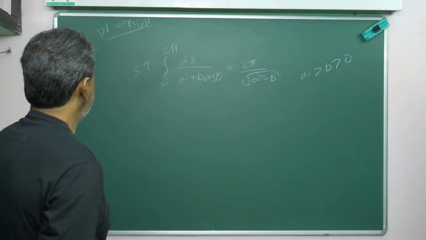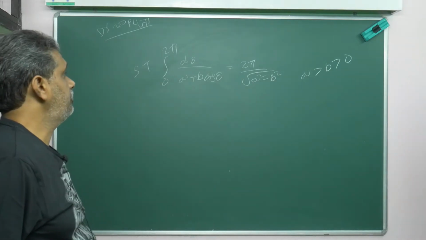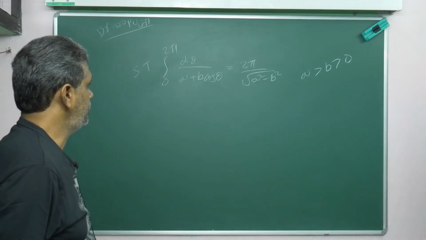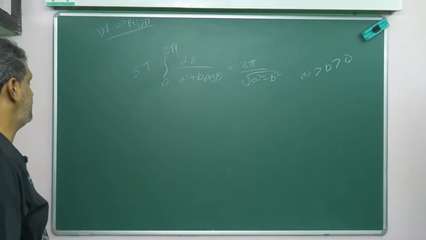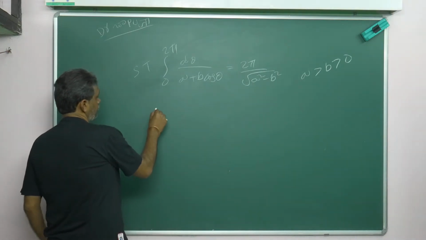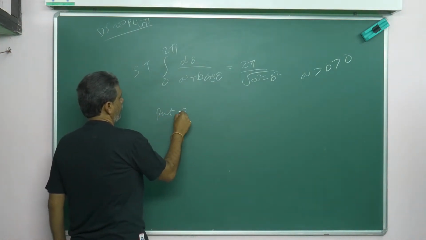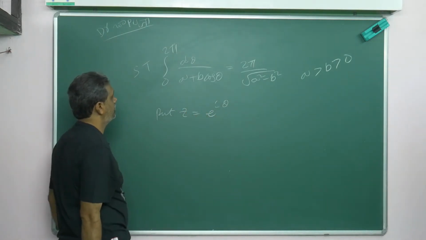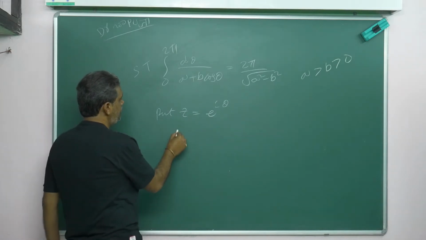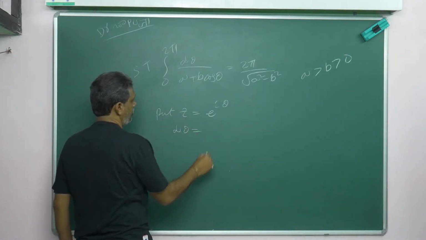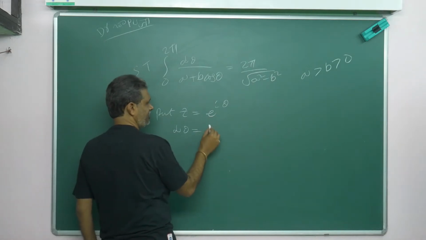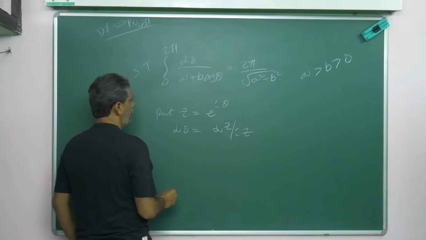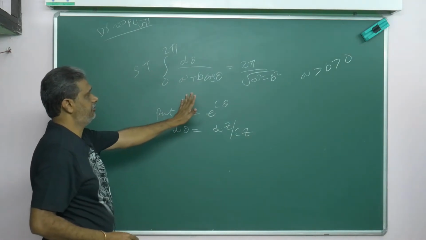Okay, this I told you, the first type contains only sin and cos theta. Cos means some substitution, sin means some substitution. Then you can start. How do you write? Put z is equal to 1 into e power i theta, radius is 1. Then my d theta becomes what I told. You don't worry how it comes, just take and remember, if you differentiate you will get, it's not a big issue, dz by iz, correct or not? So there is no sin theta, just think about cos theta, right?